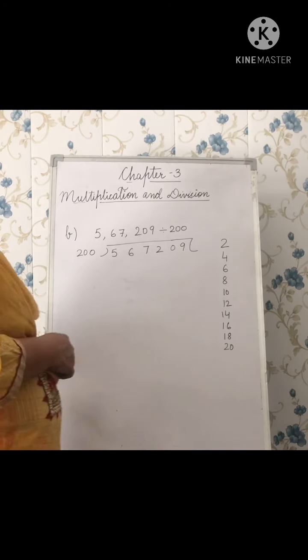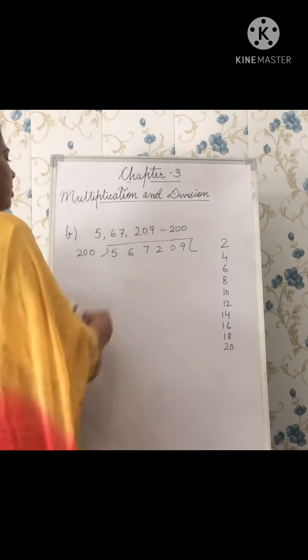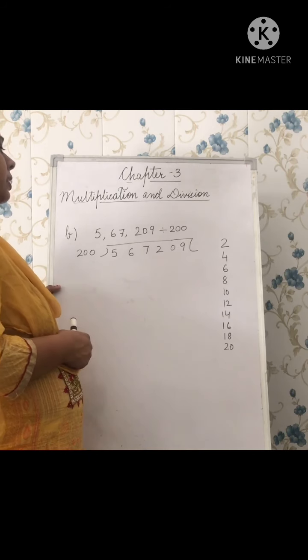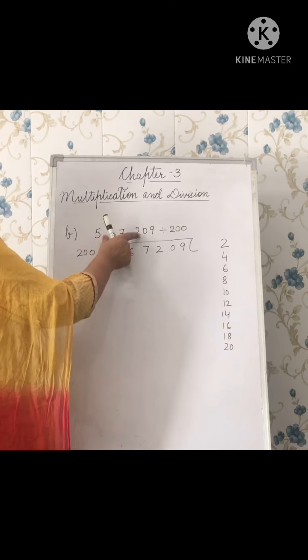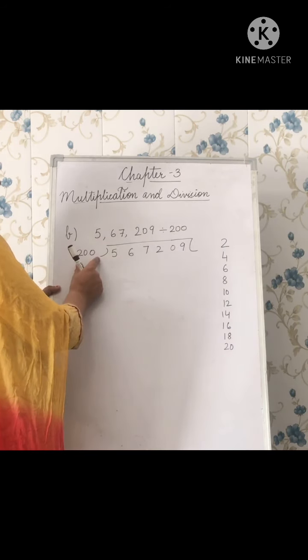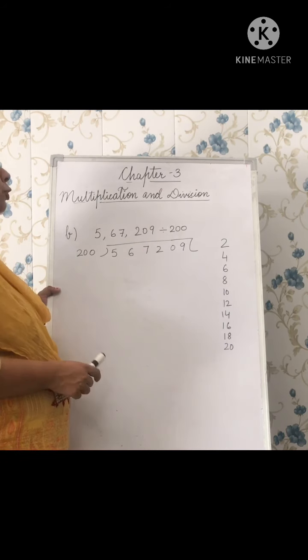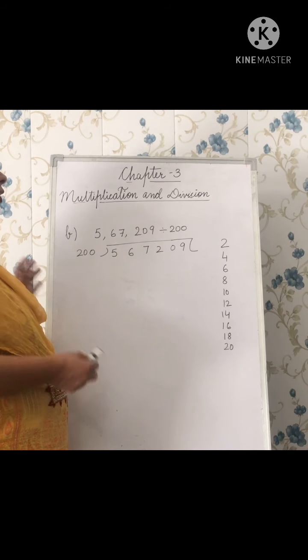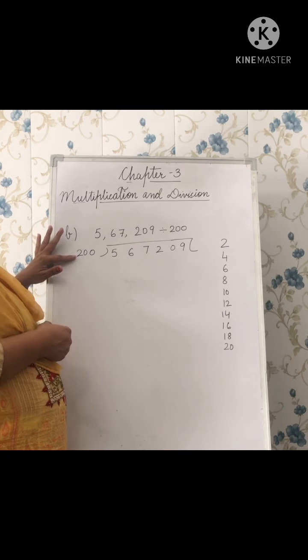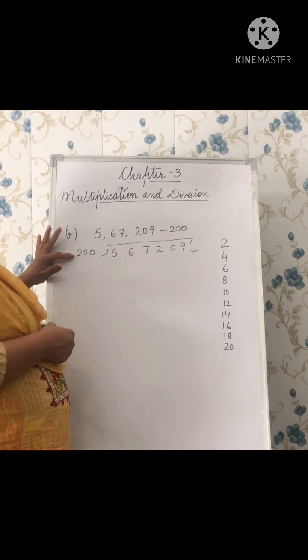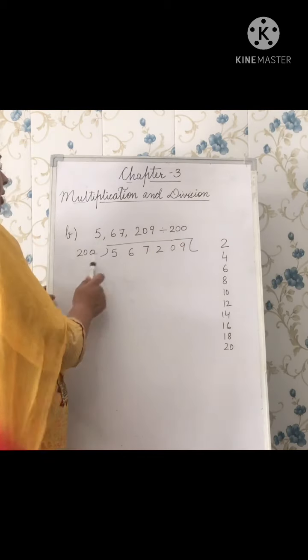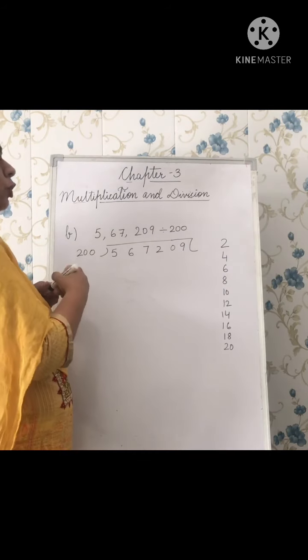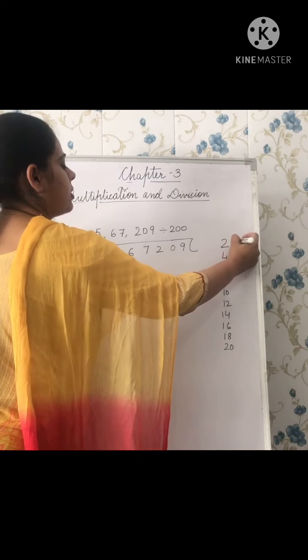Now let's do one more part based on division of large numbers. It is given to you, this is the dividend, you have to divide it by divisor 200. आपको 200 का टेबल, it is very easy children, how to write the table of 200. आपने पहले फर्स्ट डिजिट लिख ली, 2 का टेबल लिख लिया, then how many zeros are there, 2, so you will put 2 zeros after this.